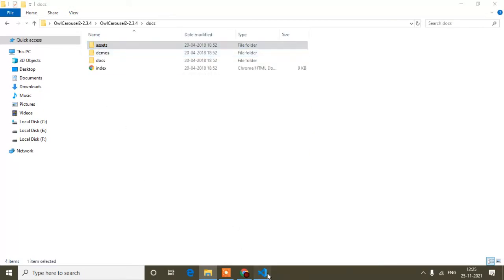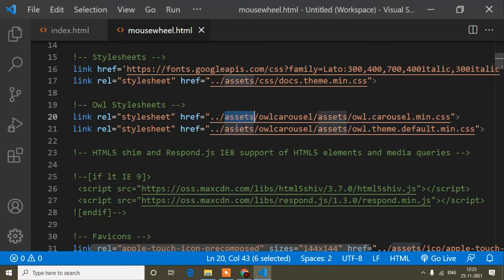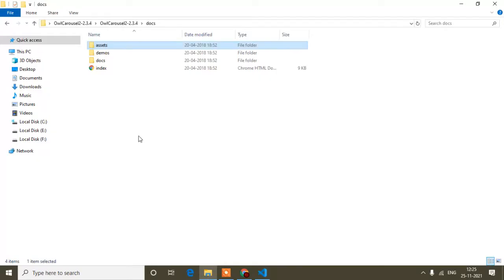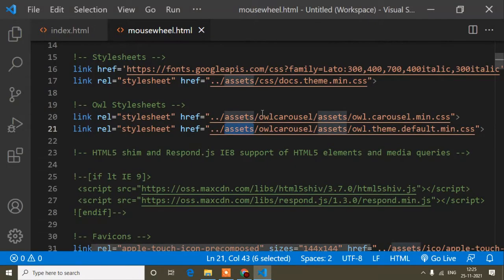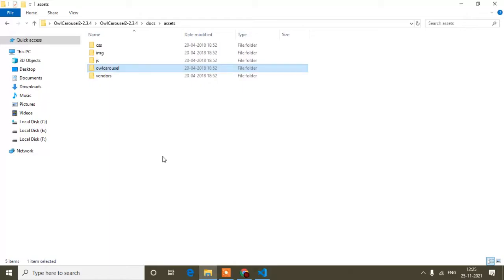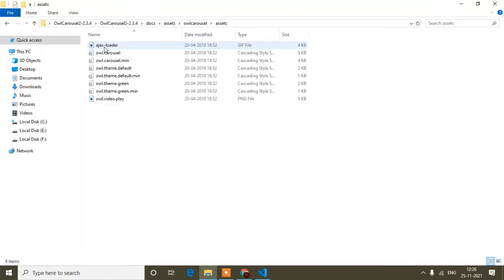Okay, so I will open the assets folder, and here you have to open Owl Carousel, because again if you check the path, Owl Carousel, then assets again, then owl.carousel.min.css and owl.theme.default.min.css. Then Owl Carousel, then again assets, here I will find the CSS owl.carousel.min.css, this one, and